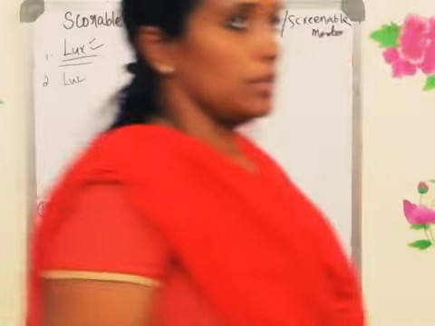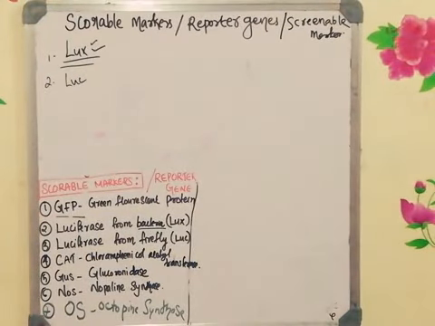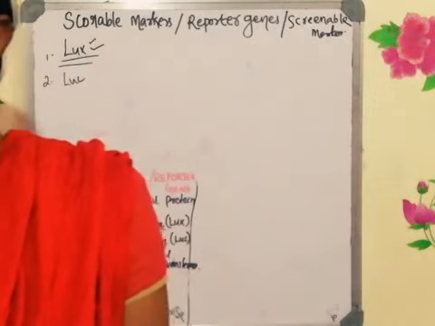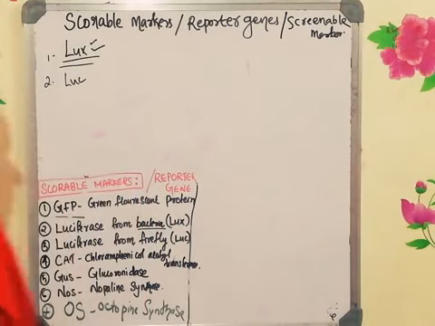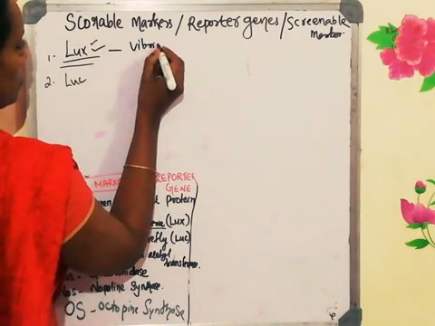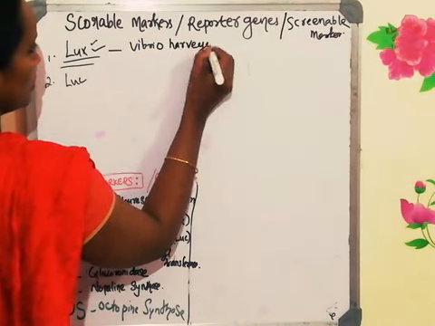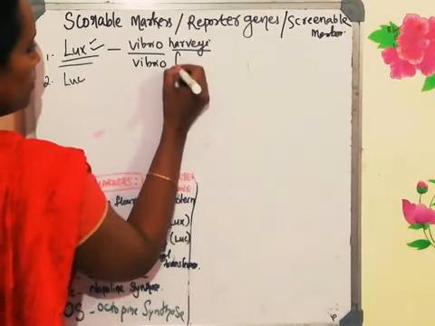The luciferase enzyme is present in some of the organisms which are there in the seashore. Some of the microorganisms, or the bacteria which live in the ocean or in the sea, have this fluorescence. Those organisms are Vibrio harveyi and Vibrio fischeri.